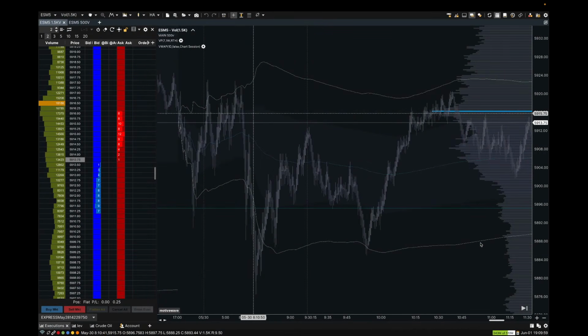Alright, so today I'm going to be talking about where you can be placing your take profits when trading with order flow or just in general, right? Now, the first thing we'll be talking about is how to use the VWAP deviation bands as your take